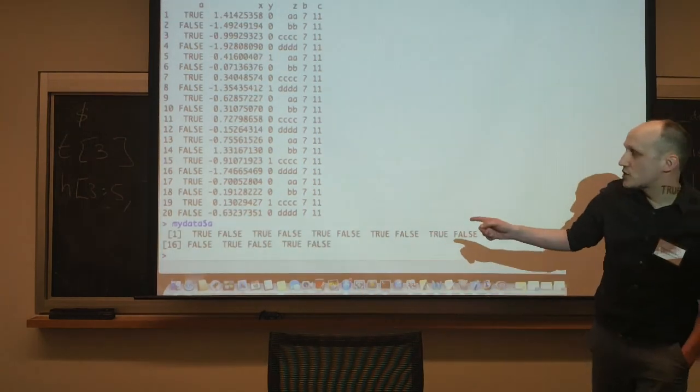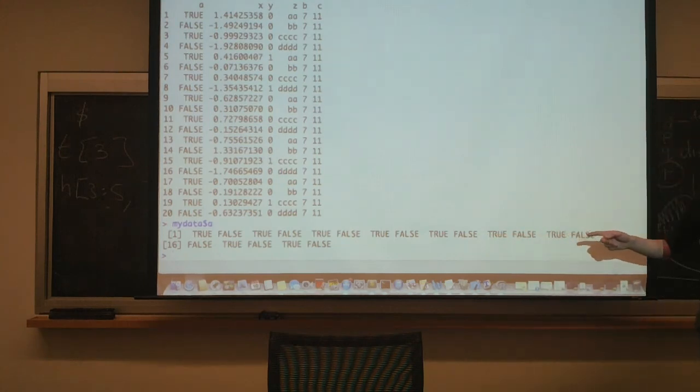Something very strange just happened here. Anybody want to pick up on what just happened? I asked for a column of a data frame. Data frames have rows and columns. Okay? What did it give me back? It didn't give me back a one-column data frame. It said, look, that's a one-column data frame, but a one-column data frame is basically a vector. So I'll give you back a vector. It just recast the object for me from data frame to vector. And that's fine because that's probably what I want.